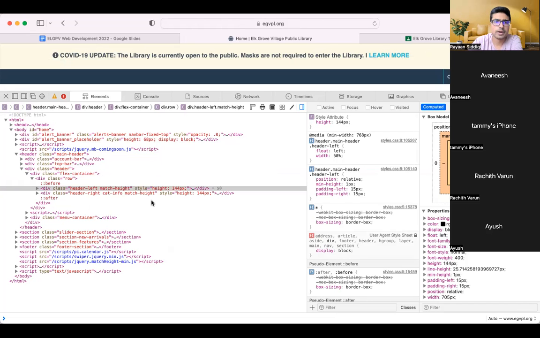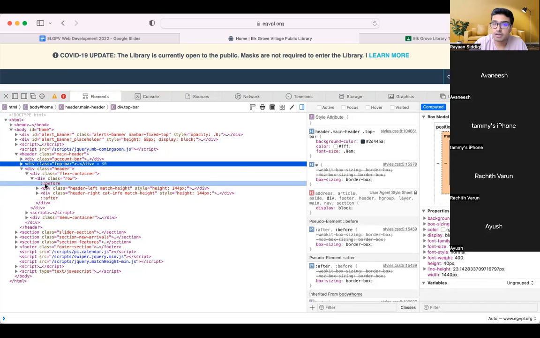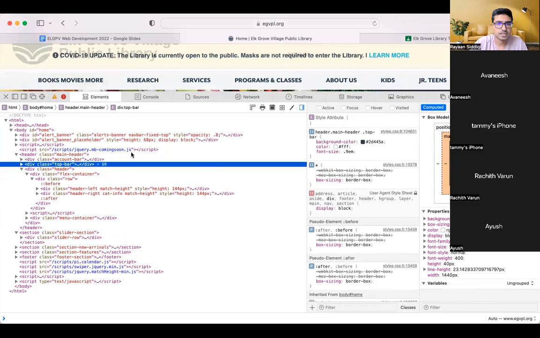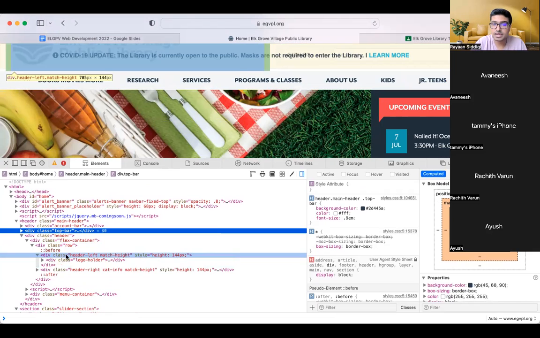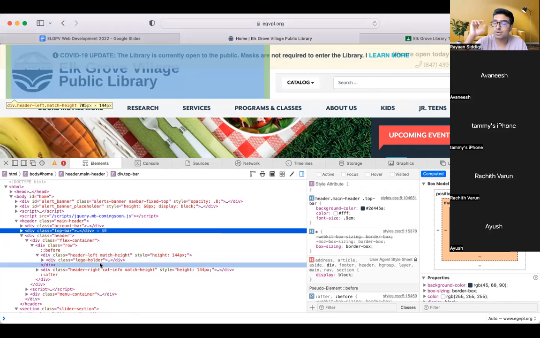That is pretty weird. All right, so what I was talking about right there was this website has a bunch of code. We're going to be talking about more in the next couple of weeks what all this code actually does. But if I was to, for instance, highlight this piece of code, we can see that on the browser, the highlight is occurring and showing me where that piece of code is directly linked to the website. So this piece of code right here, this div, is responsible for this banner at the top of the website. So we can see that correlation of how code makes a website possible.